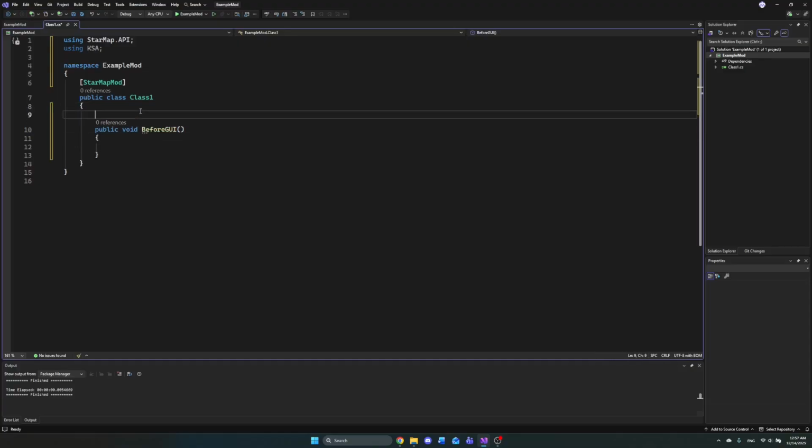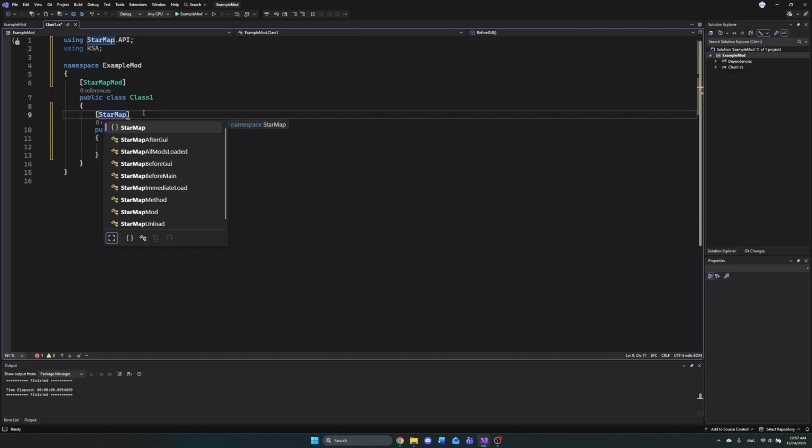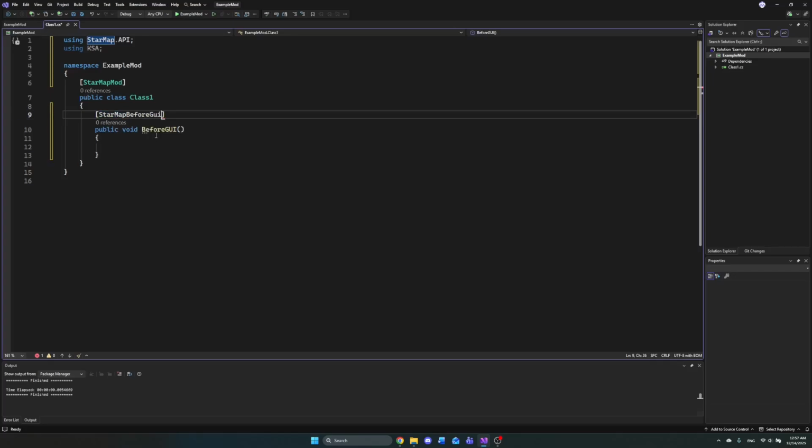But for StarMap to know when to call it, you use square brackets again, but you do StarMap, and then there's a bunch of options like after GUI, before main, so before KSA even actually starts. In this case, since we're doing before GUI, I'm going to run before GUI. So now StarMap will find this Class1, and then it will find this function before GUI, and it will run it every time before the actual